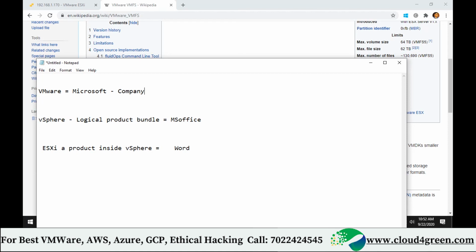Question number 1. What is a logical volume manager? What is a logical volume manager in storage? Short form is LVM. LVM in storage. Number 2. What is the difference between block and file level storage?